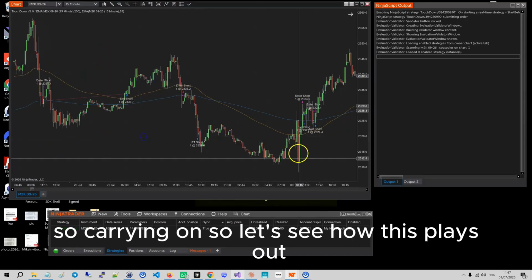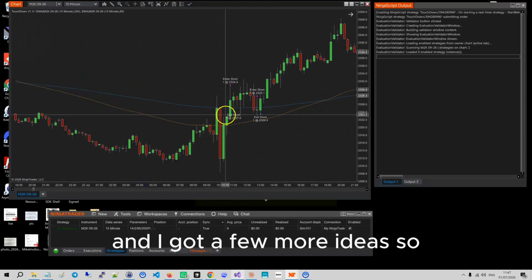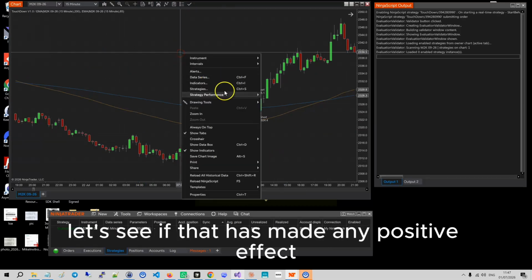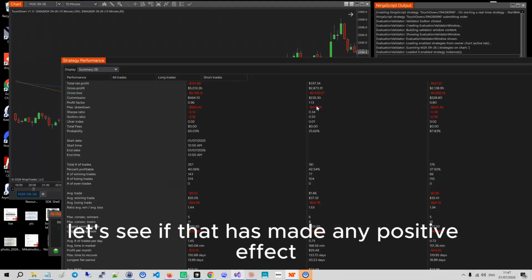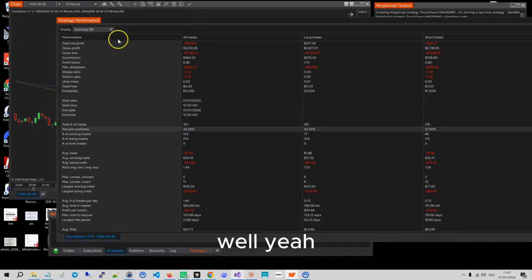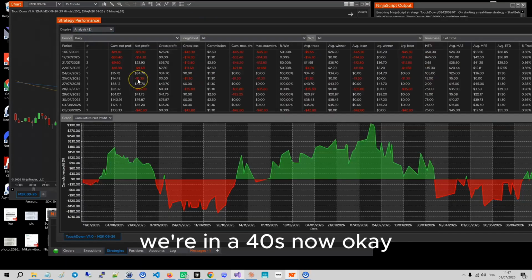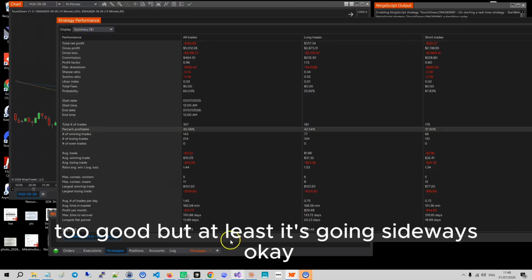So let's see how this plays out, and I got a few more ideas. So this fix, let's see if that has made any positive effect. Well, yeah, we're in the 40s now. Okay, not too good, but at least it's going sideways. Okay,